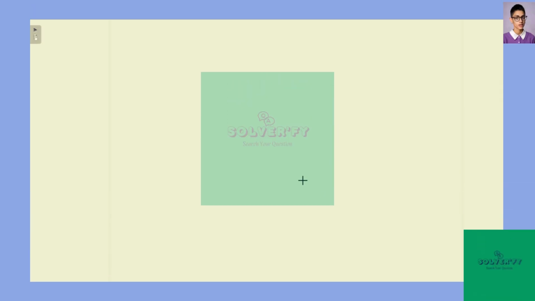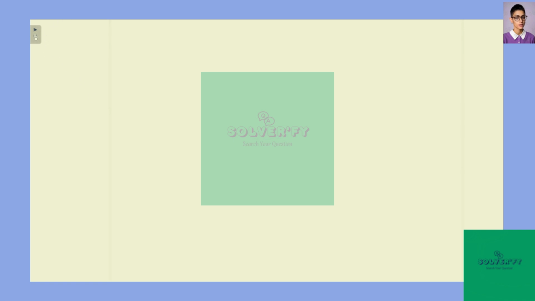In this question, it is told that two balls are attached to the ends of a thin rod, and this rod can be rotated in a vertical plane. A putty of weight 50 grams drops onto one ball, hitting it with a speed of 3 meters per second, and after that it sticks to it. We have to find the angular speed of the system just after the putty hits.